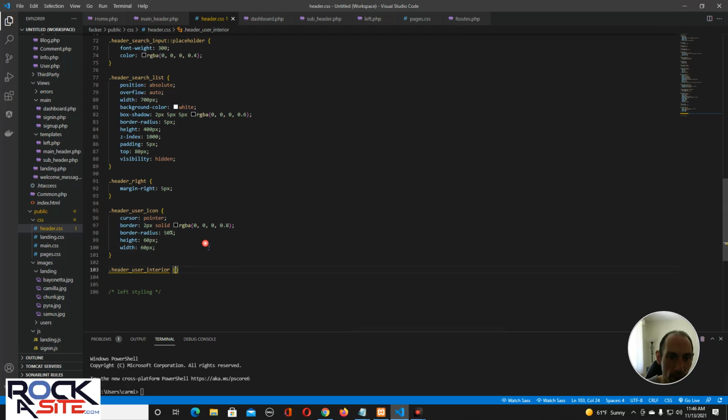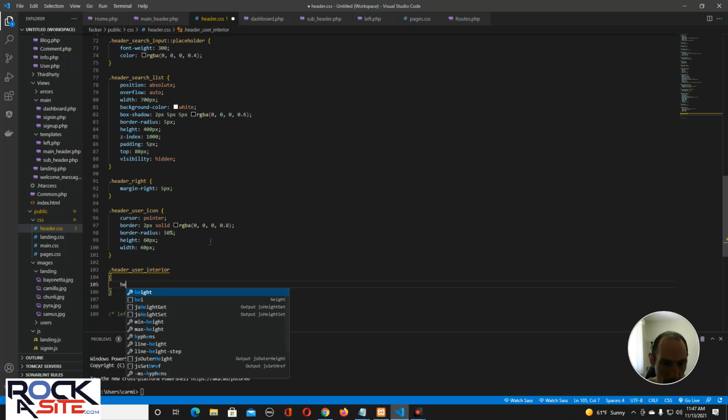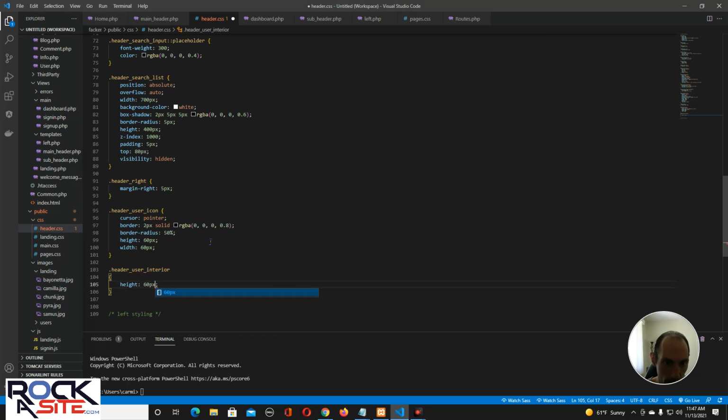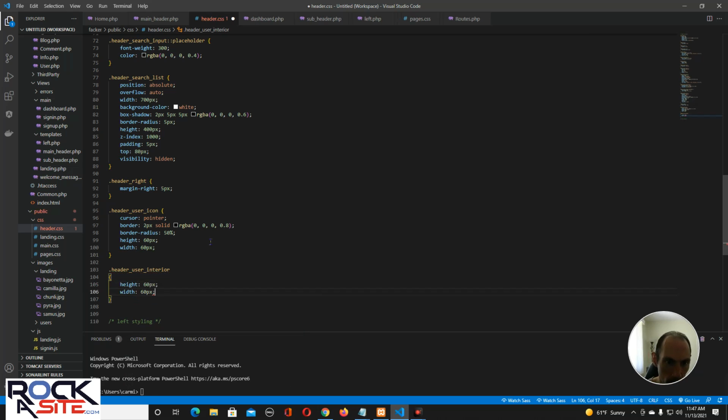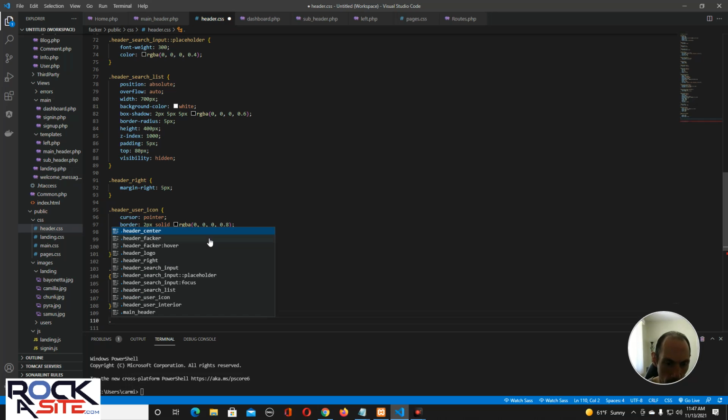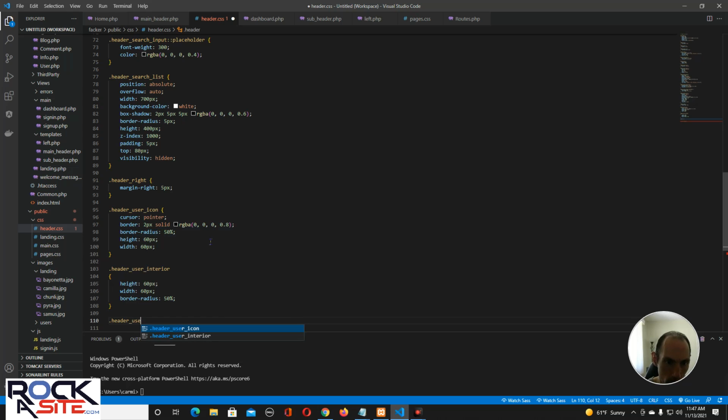So the header user interior is also going to be height 60 pixels, width 60 pixels, and border radius. So we're just going to keep them the same. And then the header user initials,